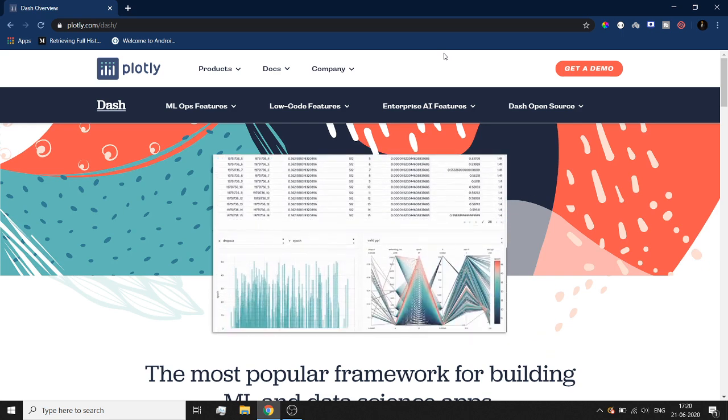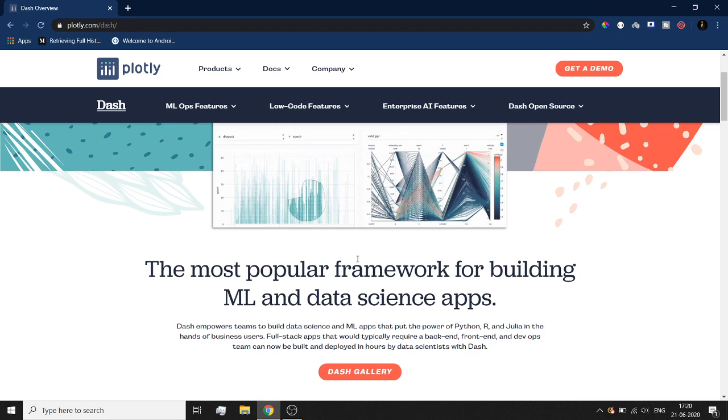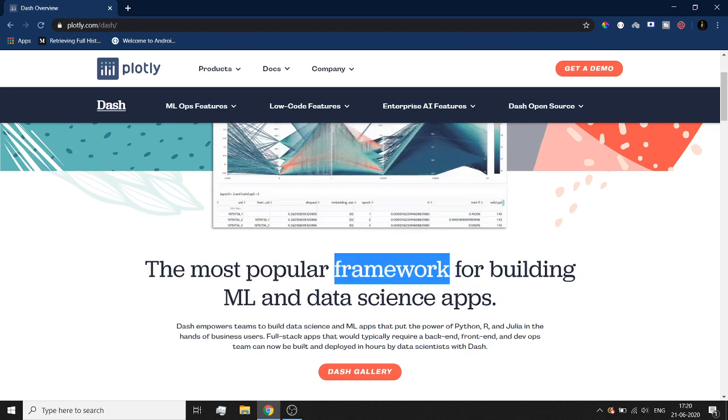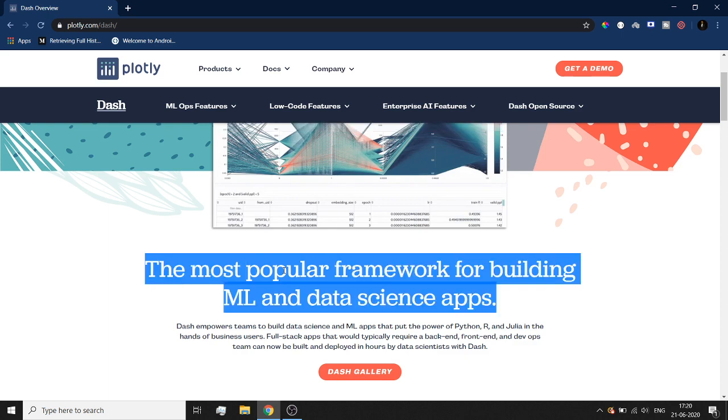Okay, so I hope you are excited. So let us get started. So right now I am on the Dash website, and on this website you can clearly see this is a most powerful framework for building ML and data science apps.